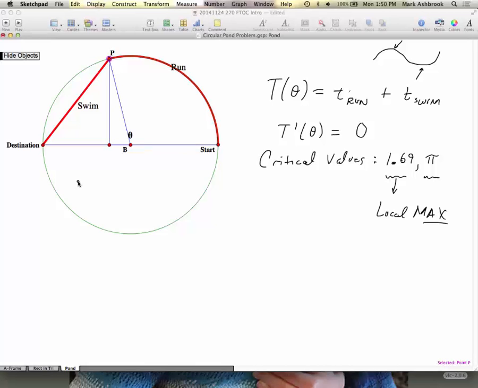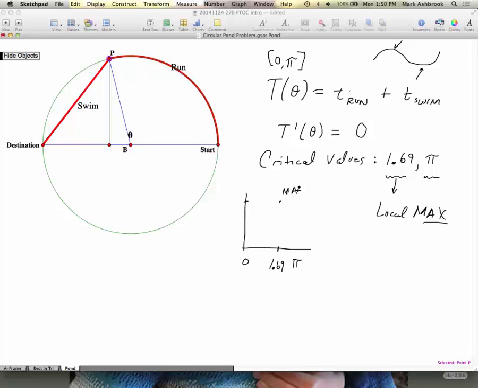Right? Or in the local area. So because it's the only critical point from 0 to pi, looking at all possible values, the domain of this function that makes sense would be to take values from 0 to pi. 0 meaning all swimming, pi meaning all running, and then everything in between. So from 0 to pi, at this 1.69 value, we actually get a local max,